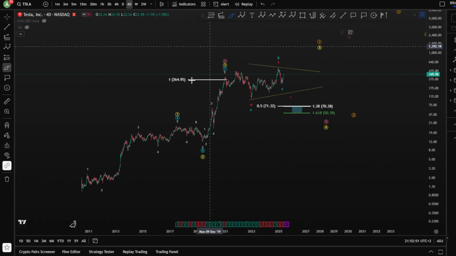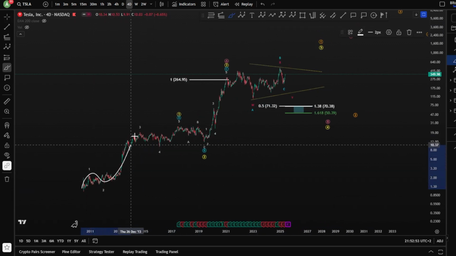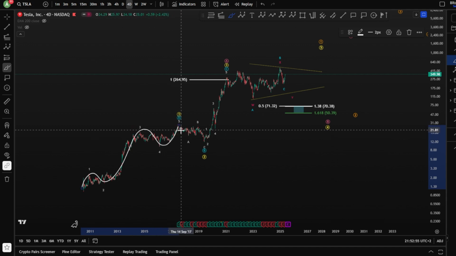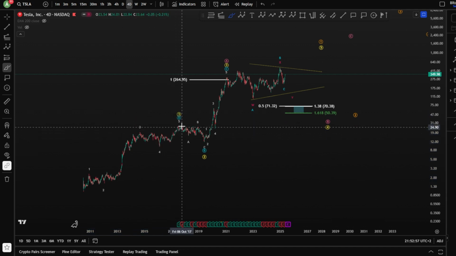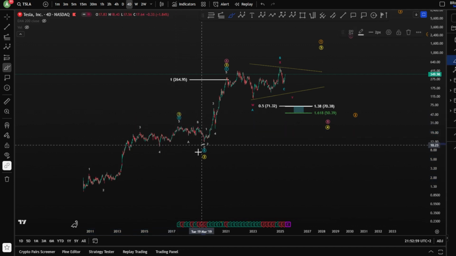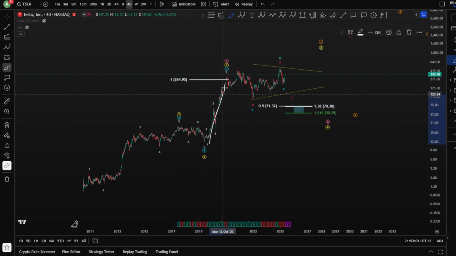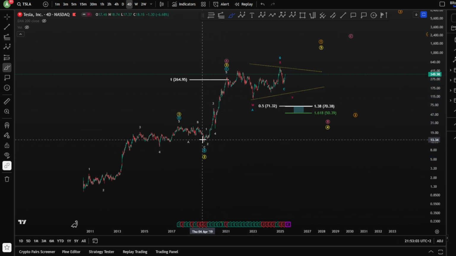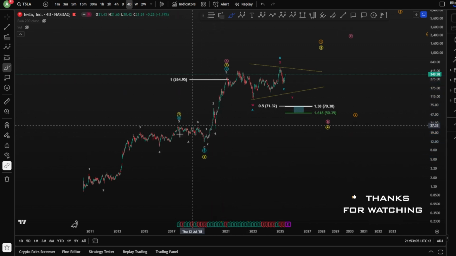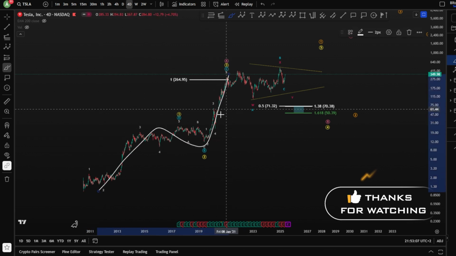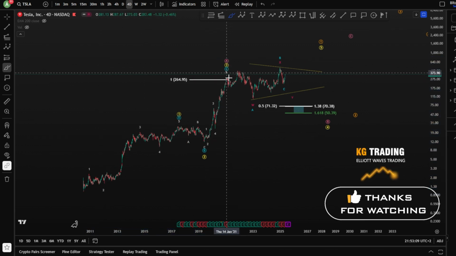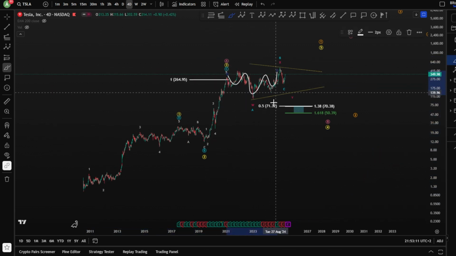Starting on the all-time history for Tesla, we are looking at a 1, 2, 3, 4 and a 5 impulse toward the upside, finishing wave A. You've got a B, C, and of course as a wave B, we're looking after it for a wave C toward the upside, a 1, 2, 3, 4 and a 5. Meaning we have finished a zigzag for a wave A, and potentially you're looking at a corrective wave here for